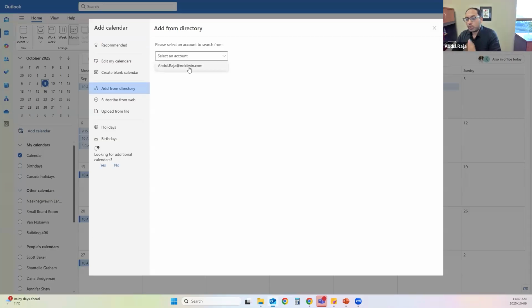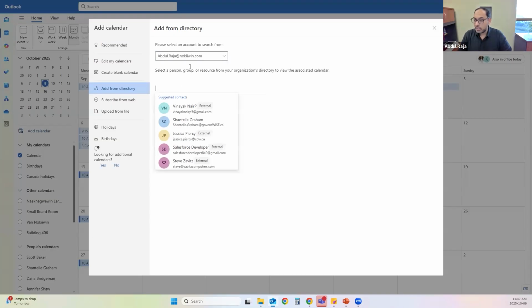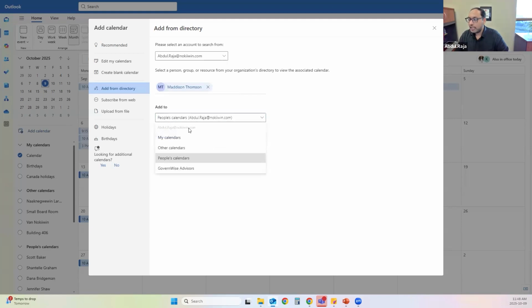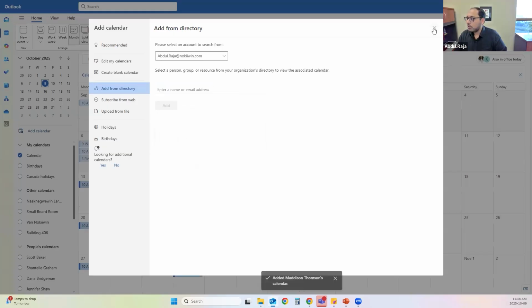There it will show you your work email. You click that and now you type the person's email. So let's say I want to see Maddie. If I want to add more, where do I add it? Add it into my calendars, into other calendars, into people's calendar, into GovernWise Advisor. So I'm saying just add it in the people calendar, and then I add it, and now I X